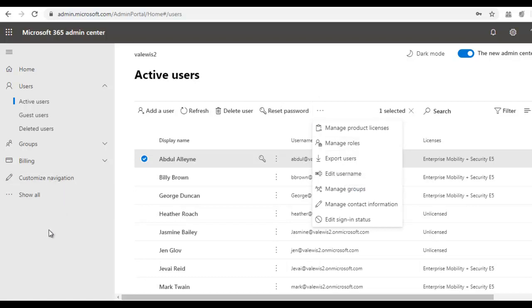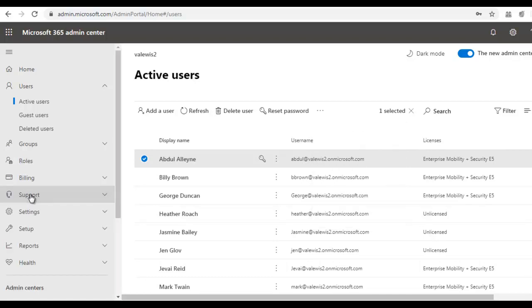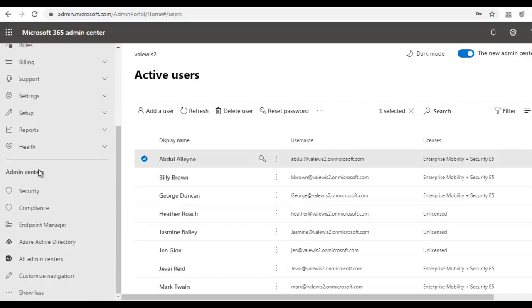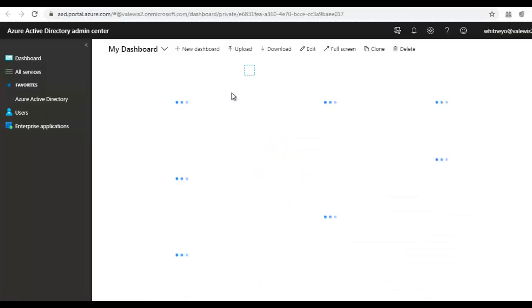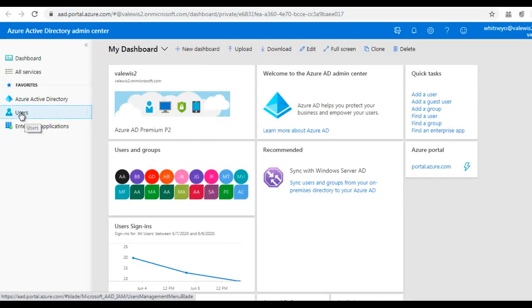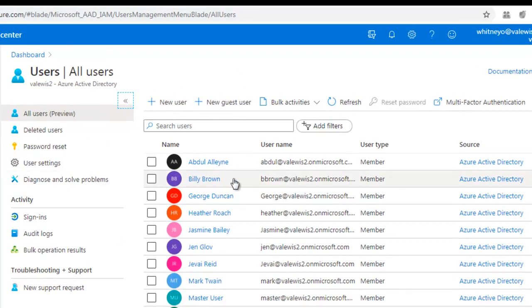We're going to click on show all here because I want to go to Active Directory ASA and show you that Abdul is there. You're going to scroll down, and on the admin centers we're going to select ASA Active Directory. And we want to click on users, and you can see that Abdul Aleen is a user,